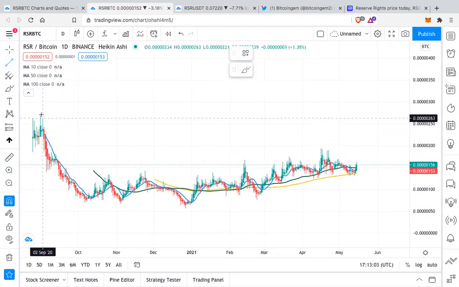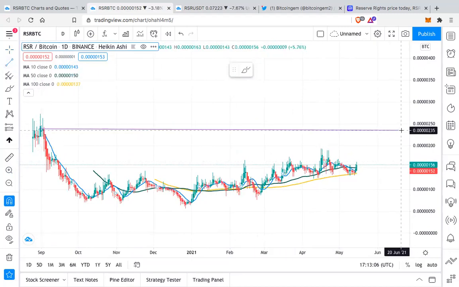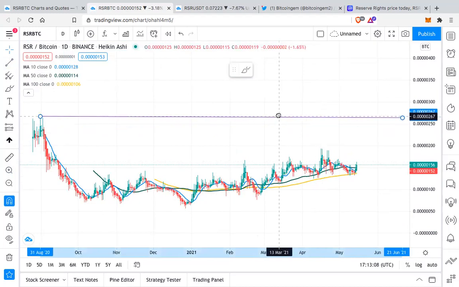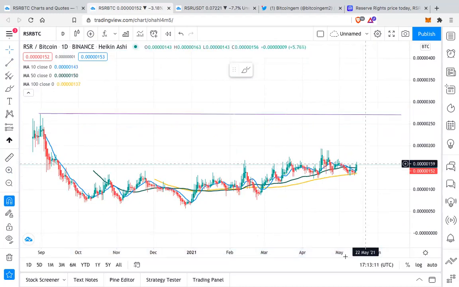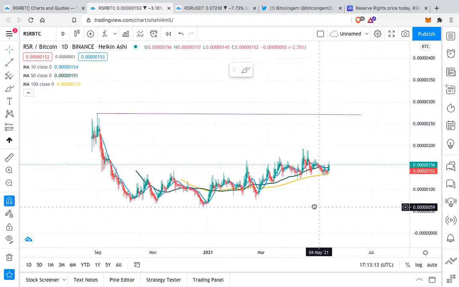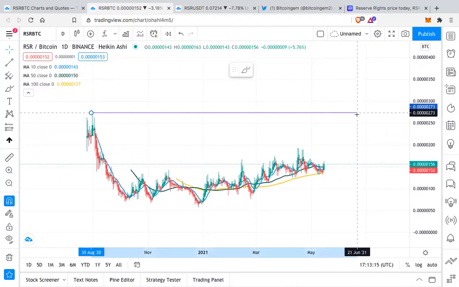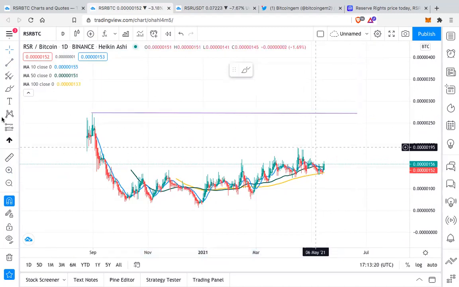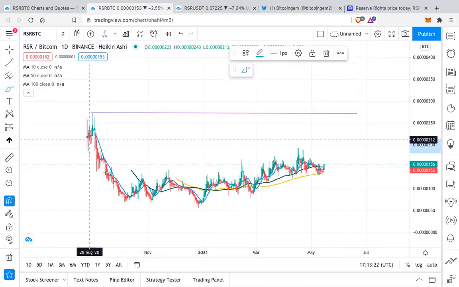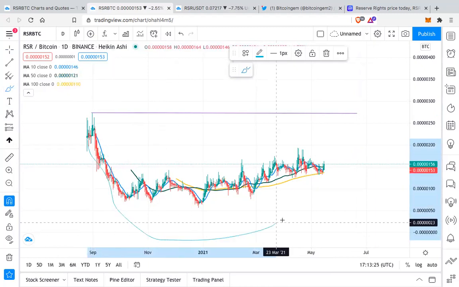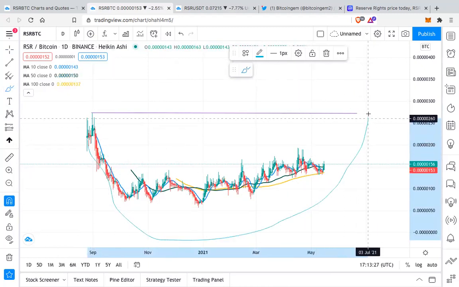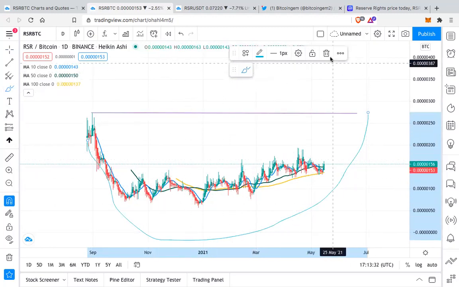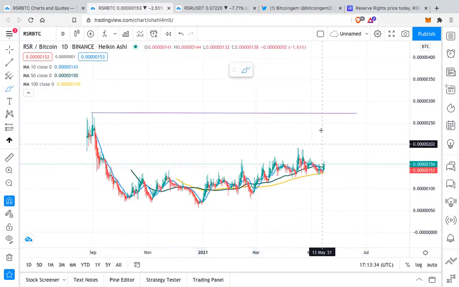So if you look at the all-time high, it's over here. Given the bull market that we are in, it's not unreasonable to assume that it will at least retest its all-time high, because this is the entire move. If you look at it in a broader way, it's going for a complete circle. So it's a 180-degree move. So it will retest, in my opinion.